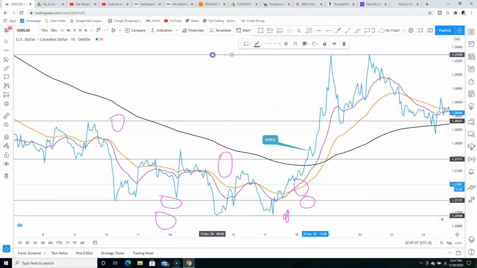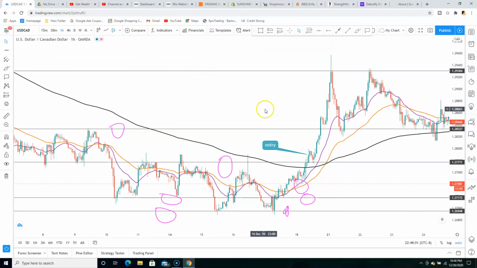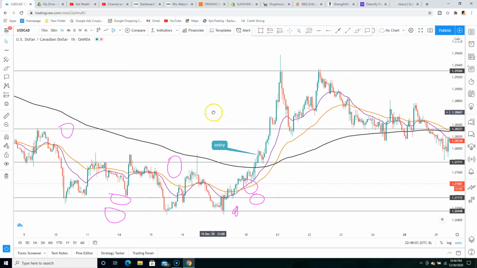We had another zone right here. So I'm switching to line chart, like I said earlier, so that you guys can use the line chart to mark up your support and resistance. It's the easiest and simplest way to mark up your support and resistance. So now you had your TP1 here, your TP2 here, and now your TP3 is going to be right here